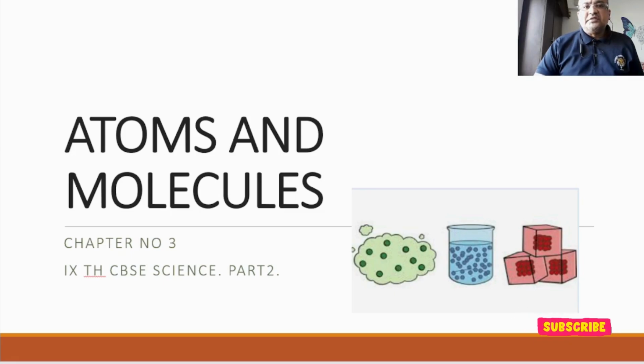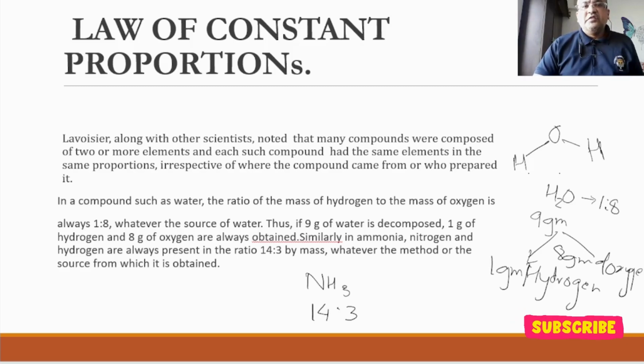We were doing the chapter Atoms and Molecules, chapter number 3 for 9th CBSE. Let's start. Today what we are going to see is the law of constant proportion. What do we understand by this law of constant proportion? Lavoisier, along with other scientists, what he did,